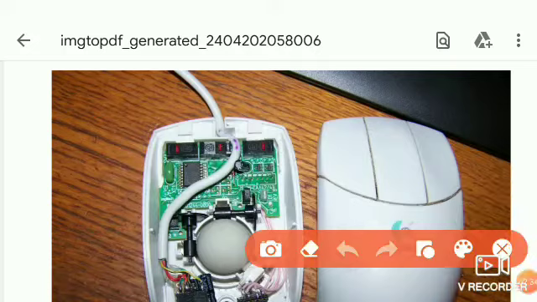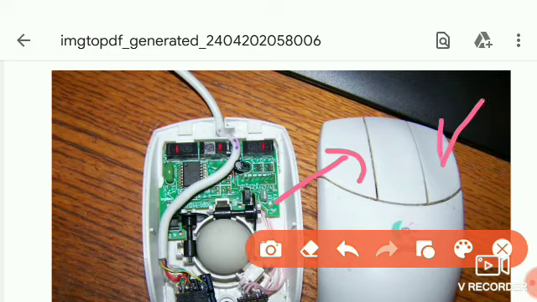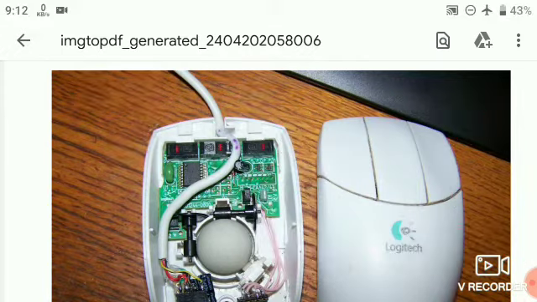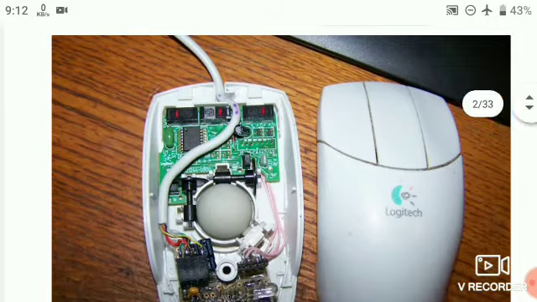A standard mouse has a left and right button. You can see this is the left button and this is the right button. We use the left button to select items and provide instructions by clicking an active area on the screen. And we use the right button to display commonly used menu items on the screen. So there are two buttons and there are two different uses. There are two types of mouse.